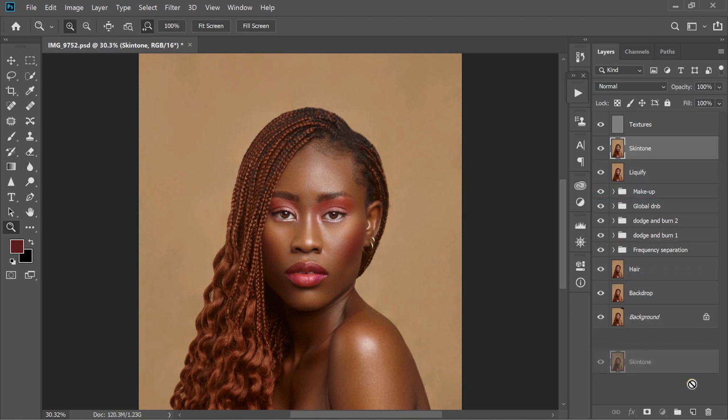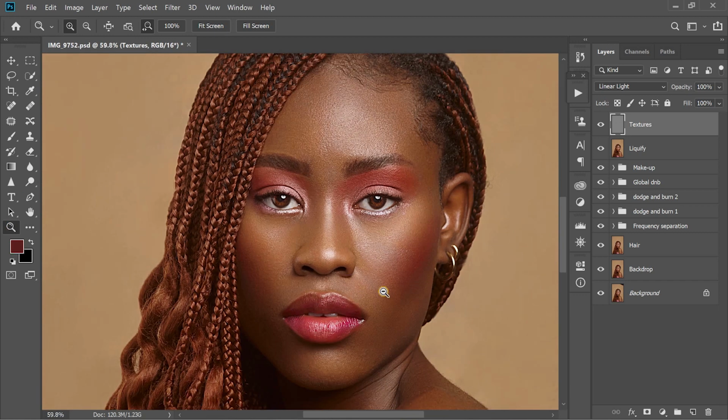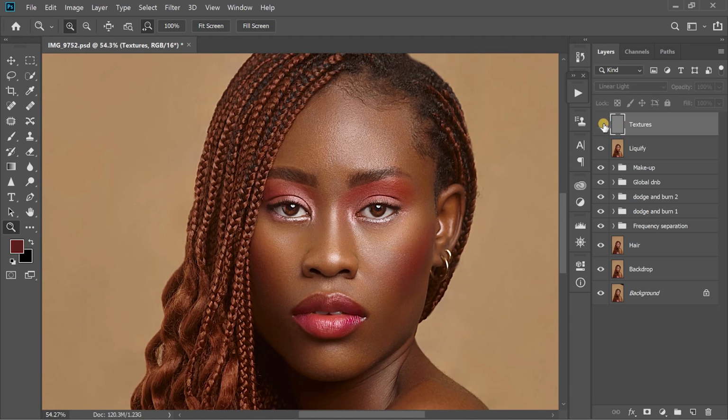You can just delete it, drag it down, or just press delete on your keyboard. As you can see, the image is looking sharper a little bit. As you can see, this is the before and this is the after. Yeah, I don't like